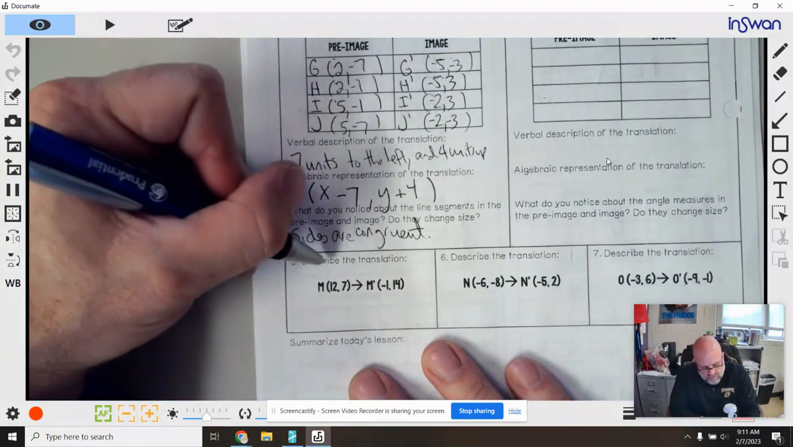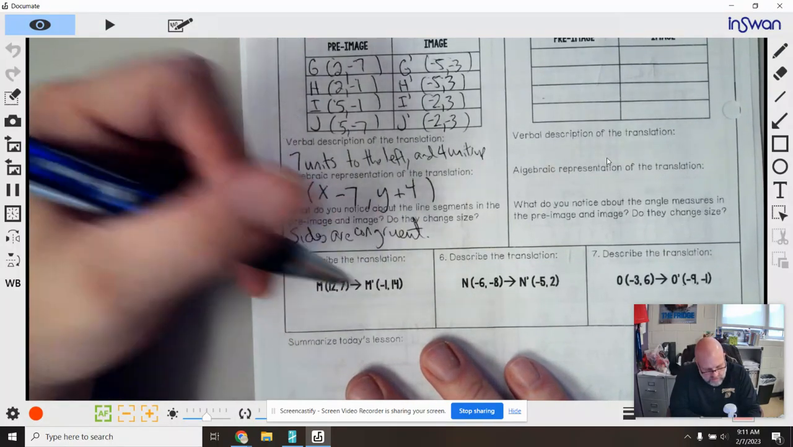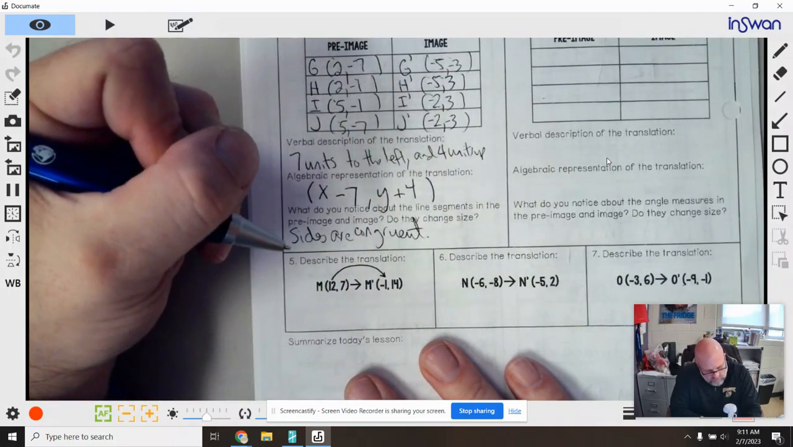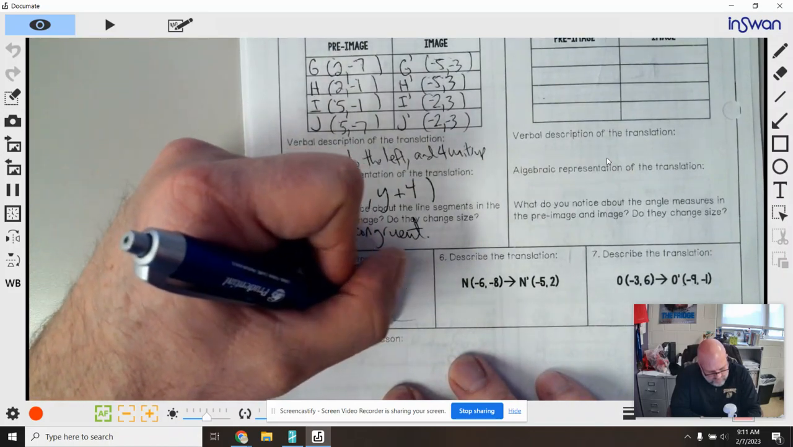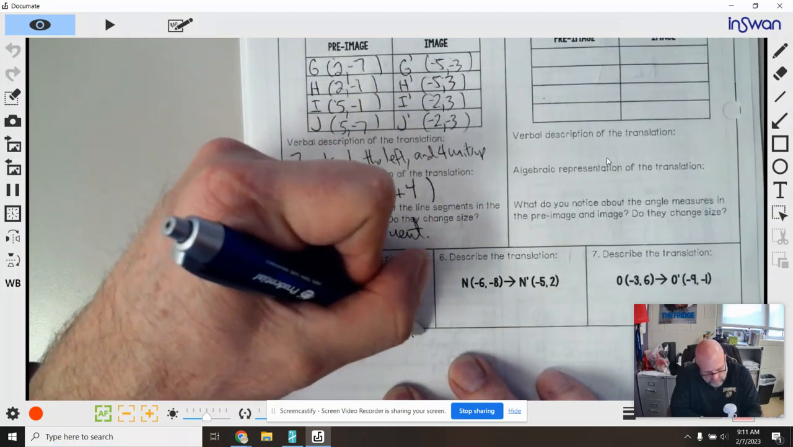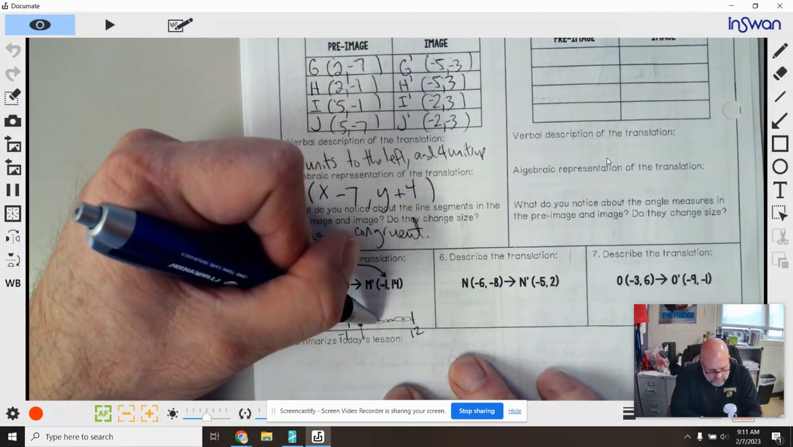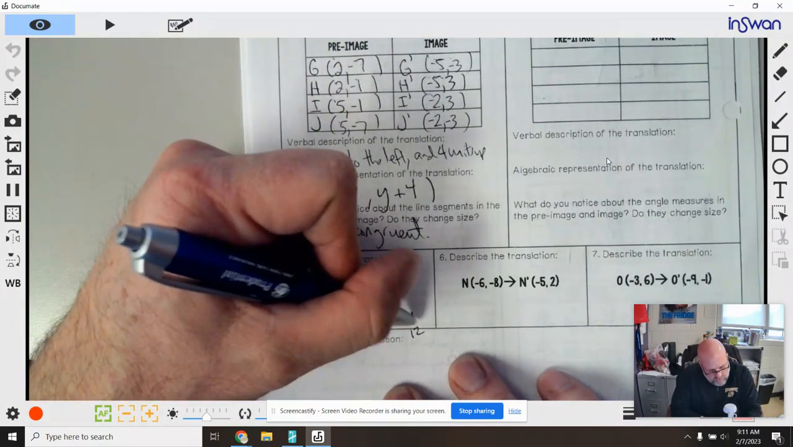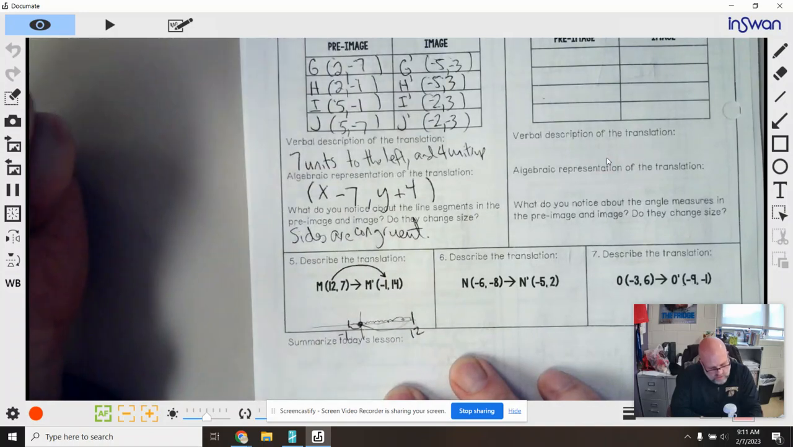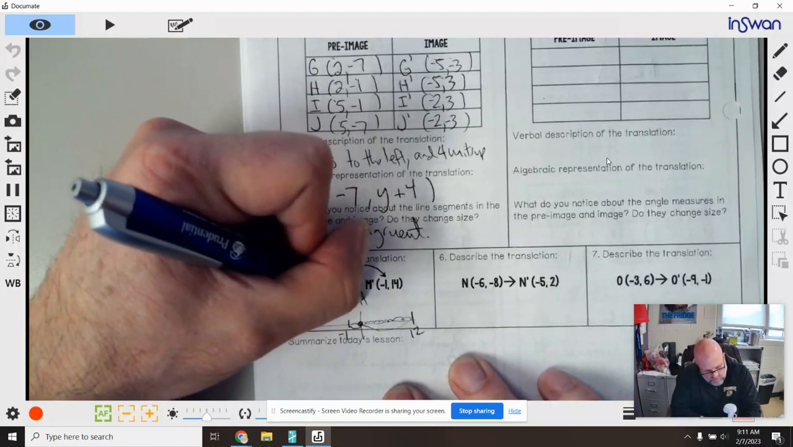Okay, so on number 5, it says describe the translation. We see we're going 12, comma 7 in M, and M prime is negative 1 to 14. So I want you to think, what happened here? We go 12 to negative 1. So if you imagine, here's 0, 0. 12 is somewhere out here, and you go all the way to negative 1. So you went back all of these spots. So what happened was you moved to the left. Well, how many did you have to move to the left? Well, this 12, and then that 1 there. So move to the left 12,